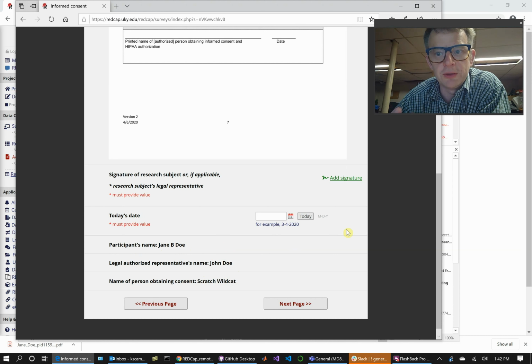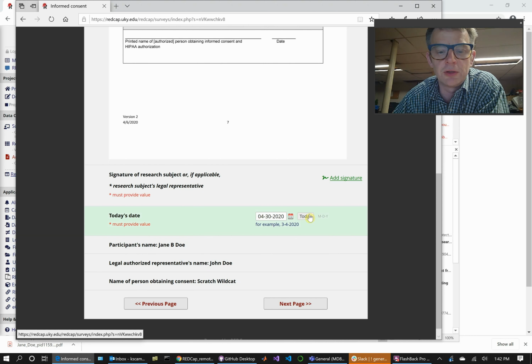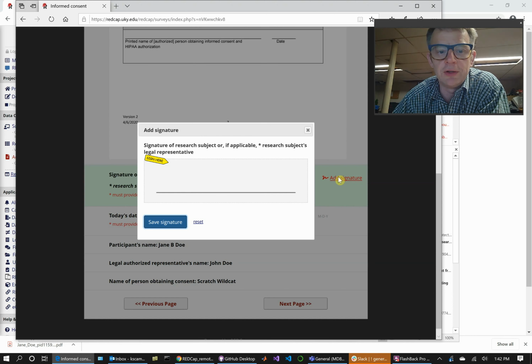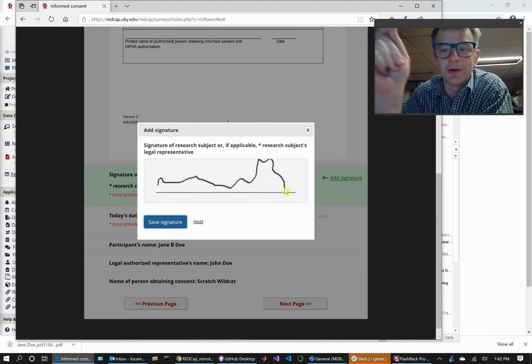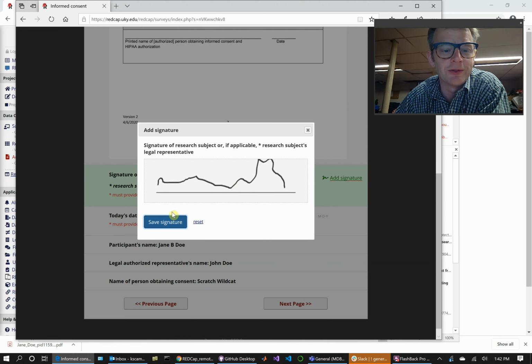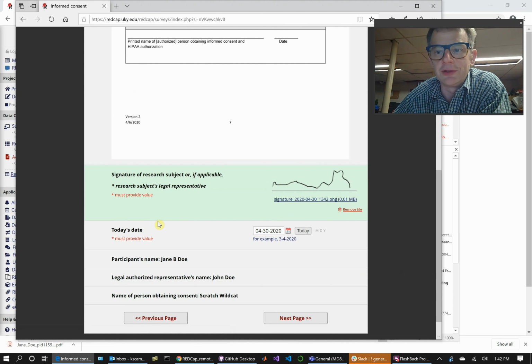The participant has to do 2 things. They have to date the consent form, and they have to add their signature. And so you can do whatever you can here on the signature. That's kind of what mine looks like when I try and sign on one of these, if I'm buying my bagels or something, that's about as good as my signature gets. So you save the signature. You go to the next page,